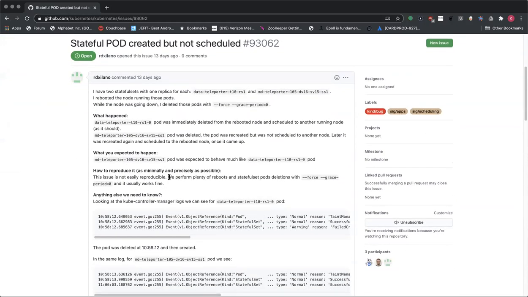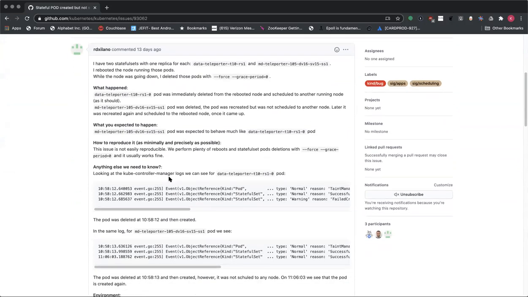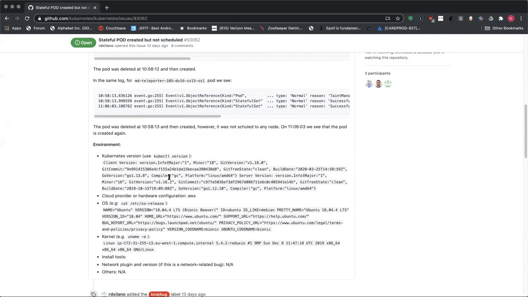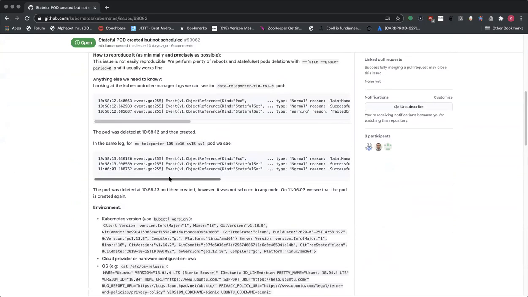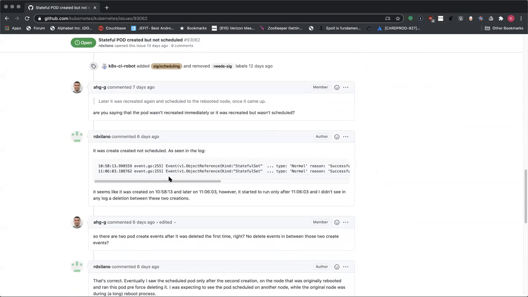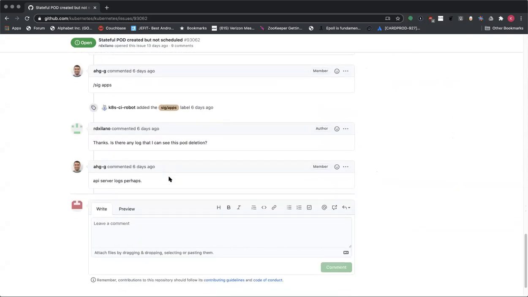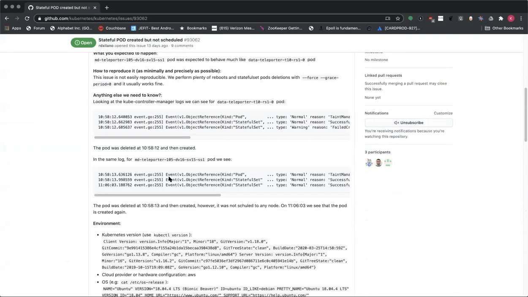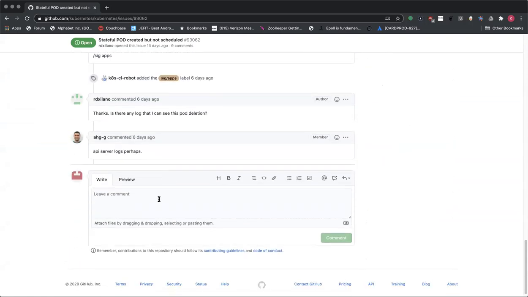So this one, actually, I wasn't able to figure out precisely what they were looking for from us. It seems like this is a scheduling issue potentially. And there's not enough information really for me to reproduce. So I'm willing to take it, but I don't really know what to do with it.